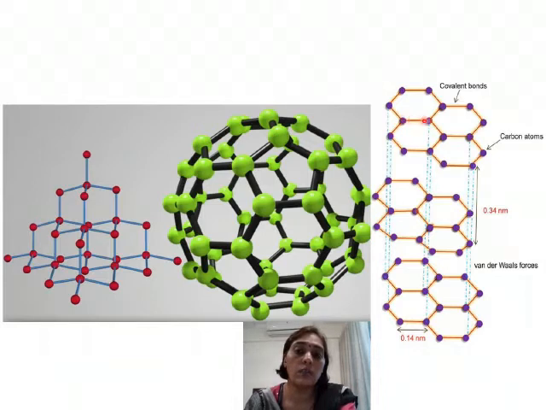So since there is one free electron still left, graphite is a good conductor because we know flow of electrons is flow of electric current. So if free electrons are there, only then electrical conductivity can take place. So graphite is a good conductor. Let's go on to the next topic.